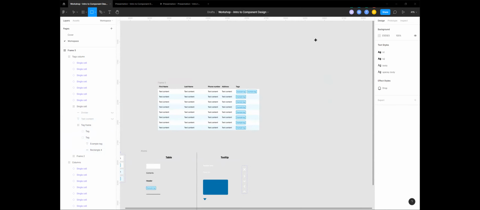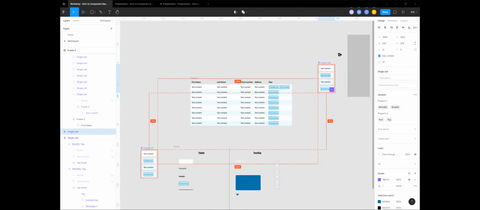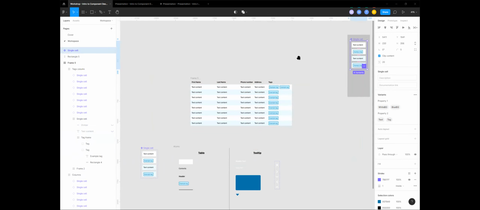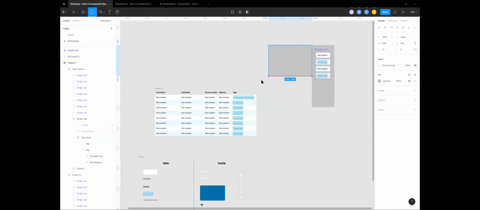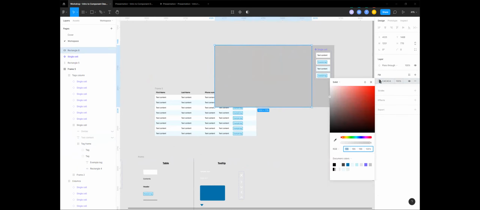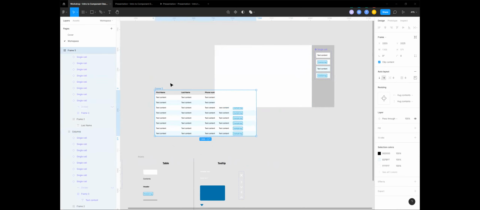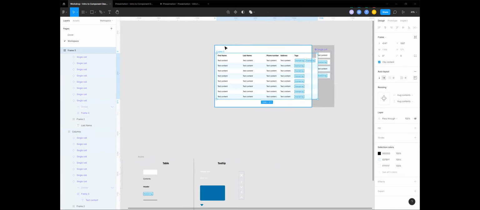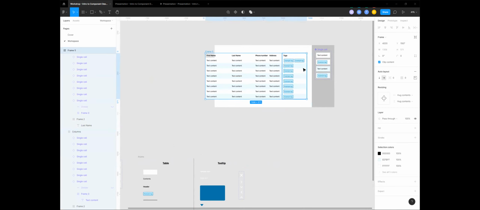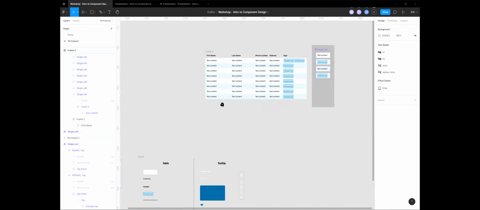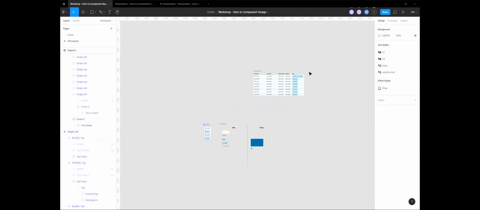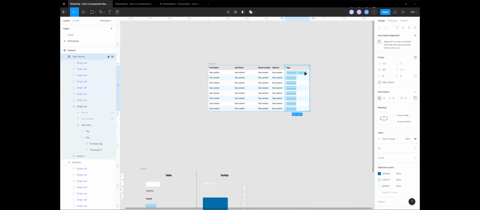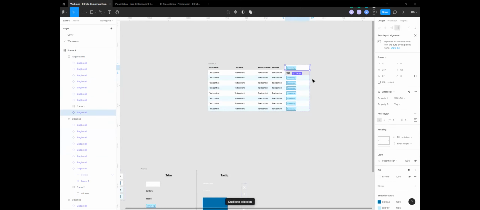I've actually seen someone set their work up in such a way that they have all of these in one area and then a large space next to it with, let's say, white fill, where they have every possible iteration of this table. So if anything needs to change, they can change it from here and then either drag those tags out or have those changes reflect immediately. Just a little way to stay organized with the thing. But yeah, that's our table. There's a lot more that could be done with this, but for the sake of the workshop,